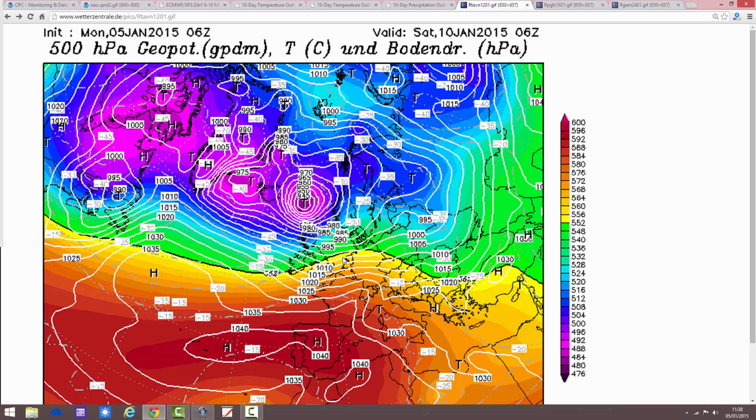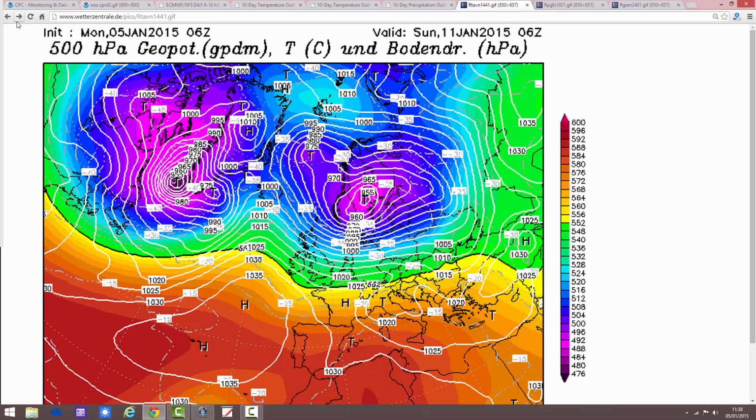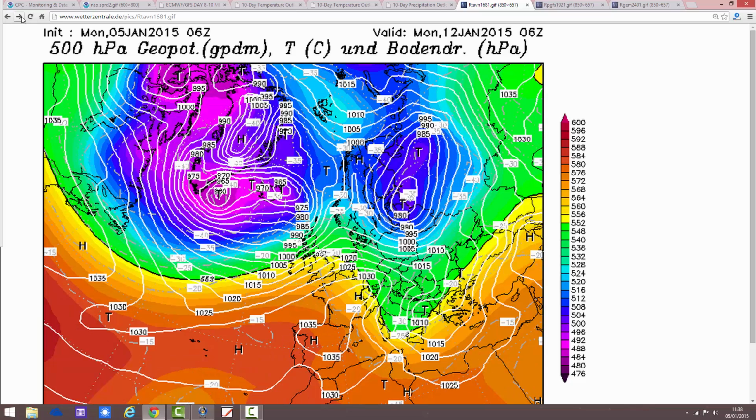It will be very mild down in the south overnight Friday into Saturday, and may even break records in terms of those minimum temperatures first thing on Saturday morning. But then it'll be one of those days where it cools off through the course of Saturday itself. Going through into Sunday, that low pressure goes off into Scandinavia and we build a little bit of a transient, reasonably colder day on Sunday with chilly northwesterly winds possibly bringing wintry showers into the north and west of Scotland.